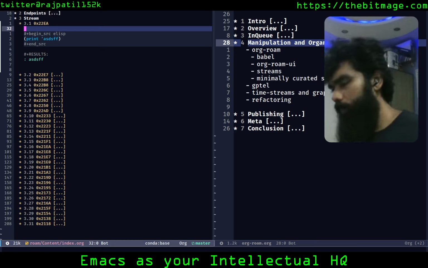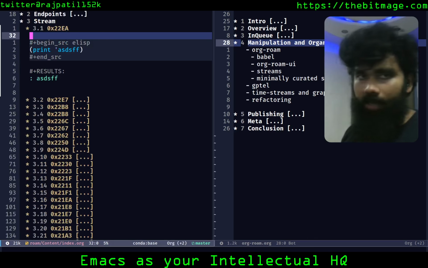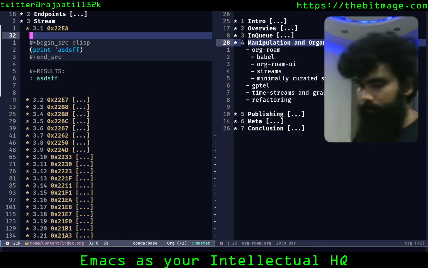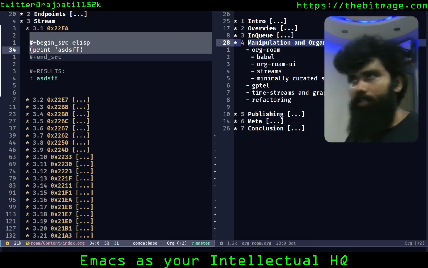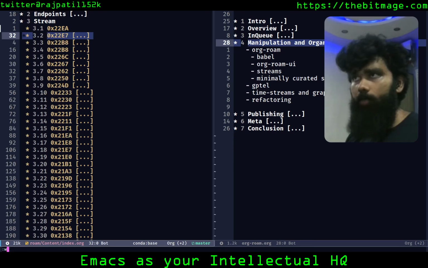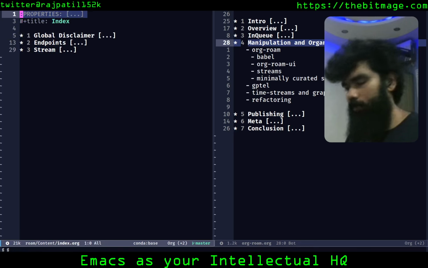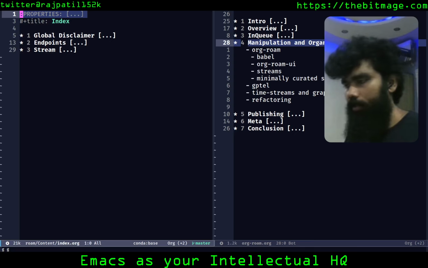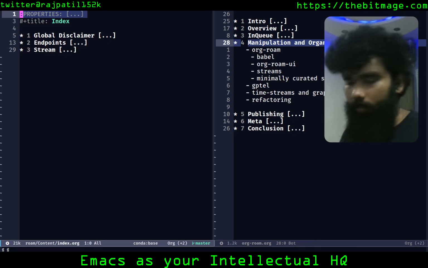So I just showed you the potential of what Babel can do. It can help you interact across different utilities over the same org file. A very good use case for this would be something like PlantUML. That is how I would draw graphs, as in flowcharts, anything like that. I'm not talking about mathematical graphs, or abstract graphs with nodes and edges. That's exactly the kind of graph that I'm talking about.